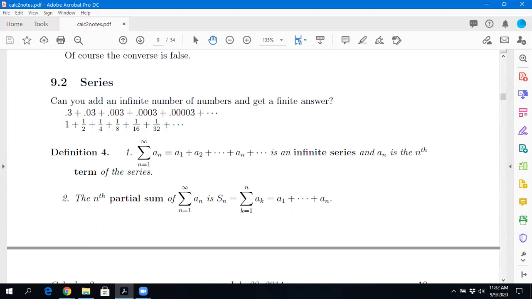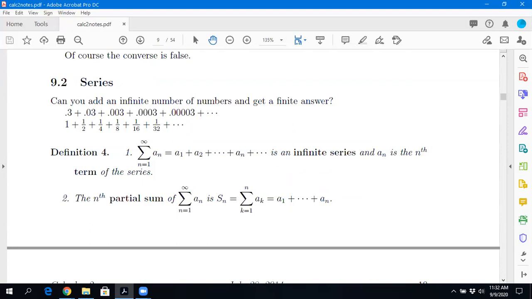So here's the first question I want to deal with, and I want to think about this carefully together. Series is a different term from sequence, okay? That's the first thing I want to point out. We've been talking about sequences, which is an infinite ordered list of numbers, yes? A series is an infinite sum. And by that I mean it's a sum of an infinite number of terms. Does that make sense?